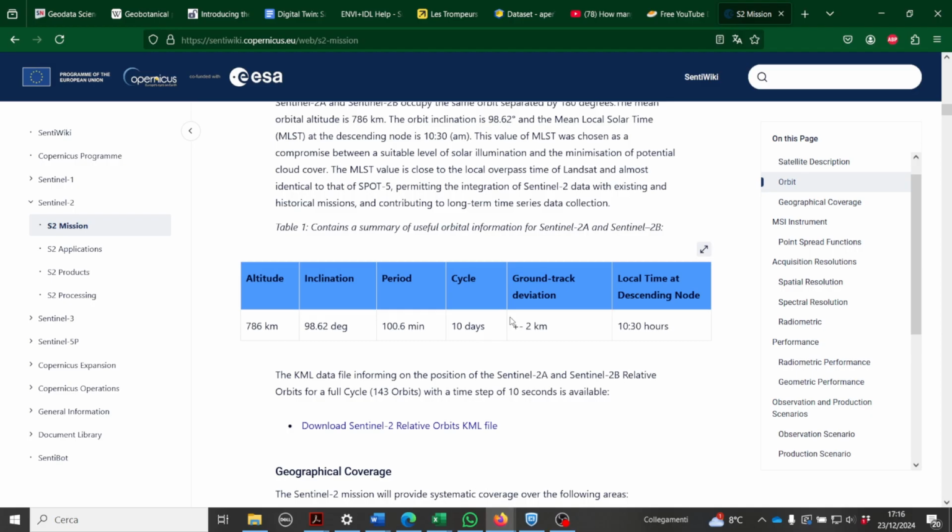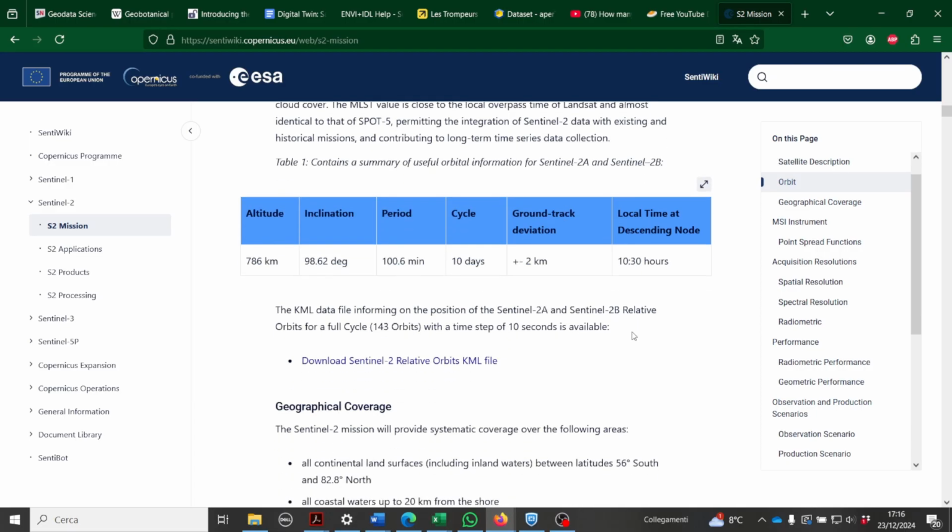What does it mean? That at the equator, the satellite is passing over the same area every 10 days. That means that we have a repetition time of around 10 days, and this passing always at the same local time, that is around 10:30 a.m. Okay,